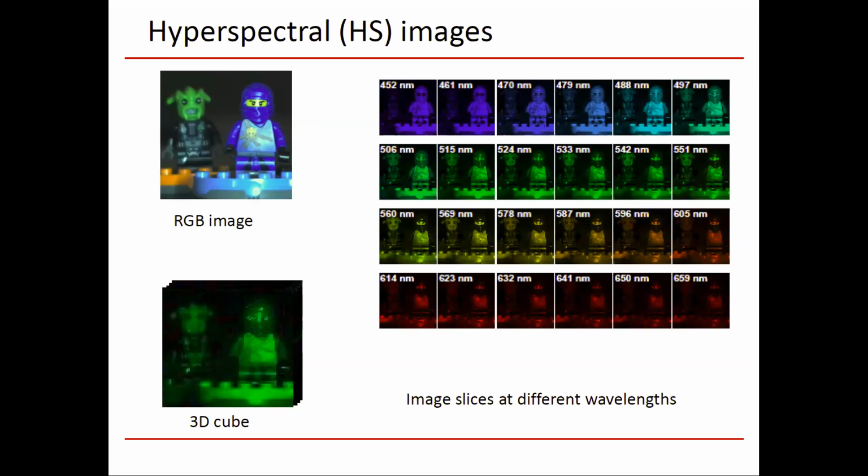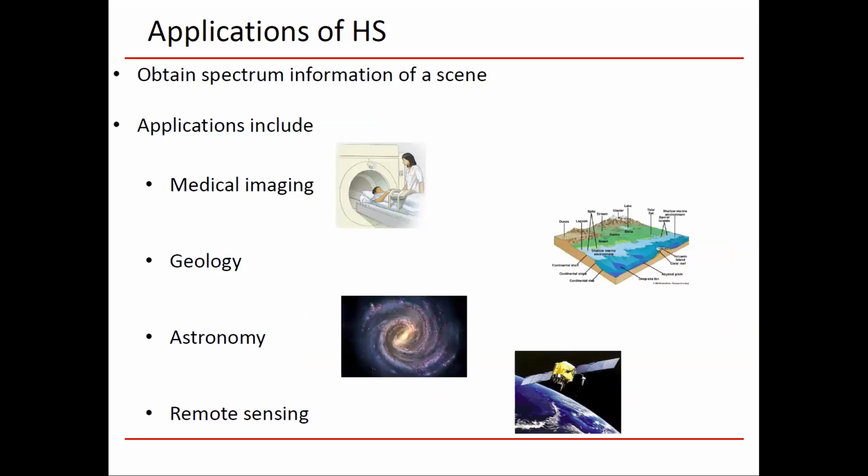And you can imagine that, for example, each of these images may be 256 by 256, and you may have several dozen of these images. But as you can see, adjacent colors are going to be similar image slices. Applications of hyperspectral imaging include medical imaging, where you're trying to evaluate different types of materials in a patient, geology, astronomy, and also remote